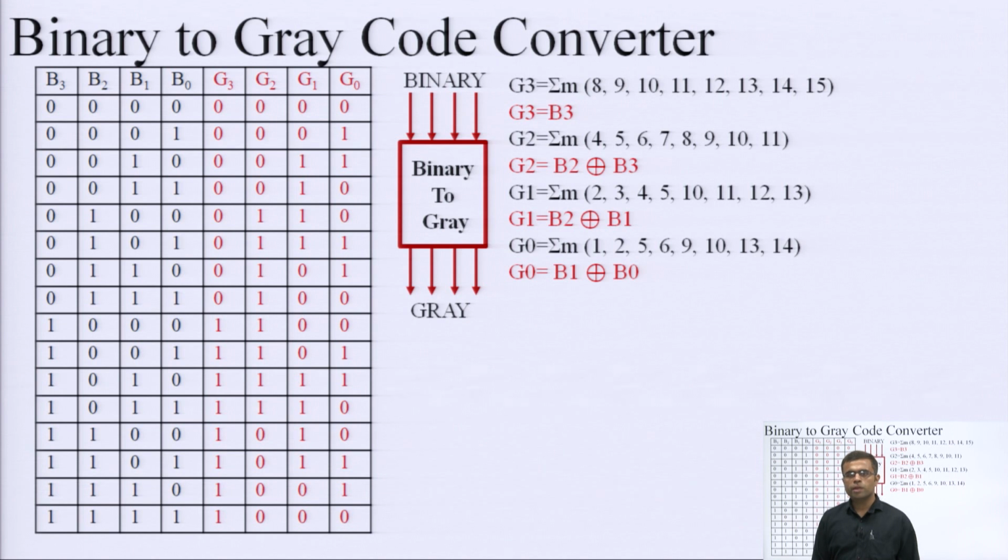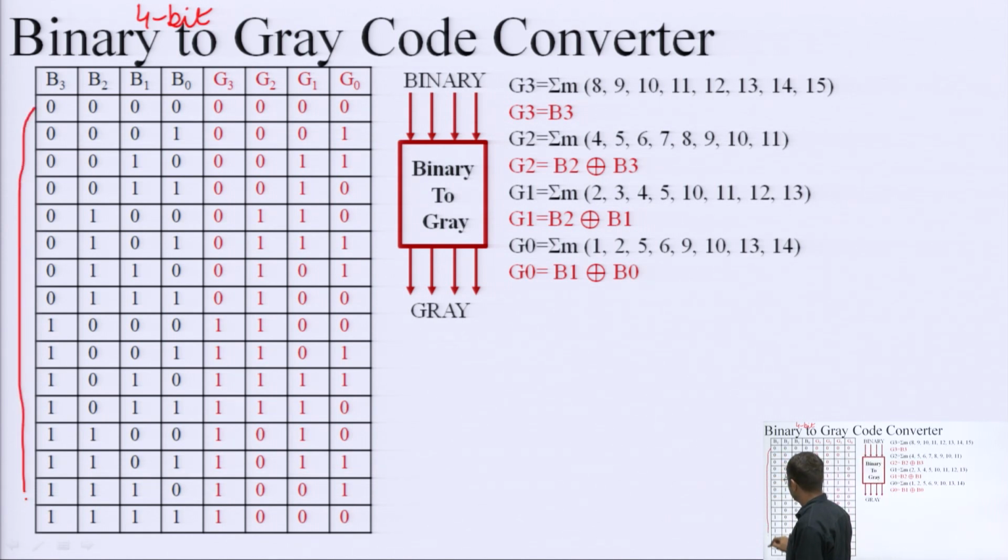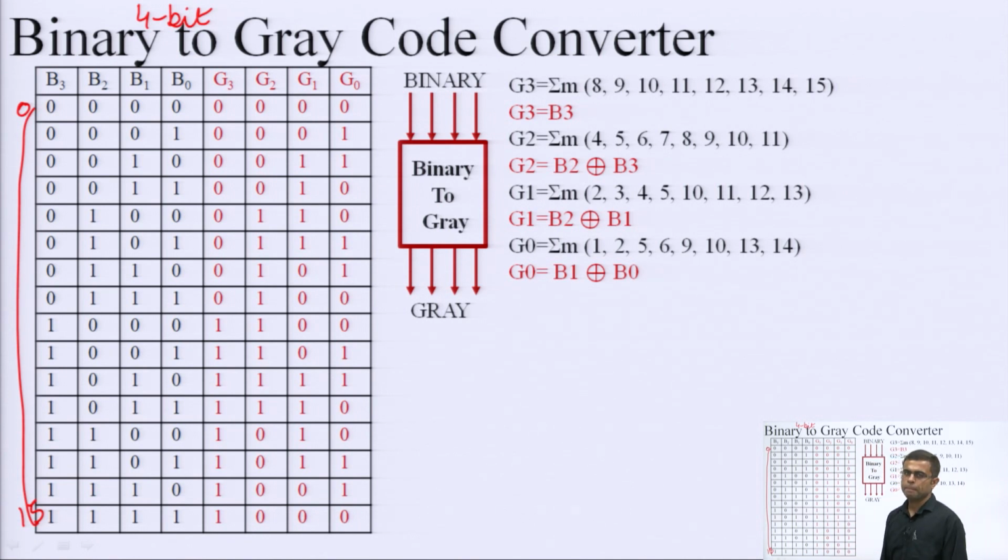Okay. So, let us start with the first one, binary to gray code converter. So, this could be a 3-bit binary to gray code converter, 4-bit binary to gray code converter. So, I am discussing the 4-bit binary to gray code converter. So, 4 binary bits will be there and gray will be obtained. So, this table is simply 0 to 15. So, for 4 inputs the values could be 0 to 15. So, all these binary values are converted into gray, okay, using that binary to gray conversion method which we had covered in unit 1. Okay.